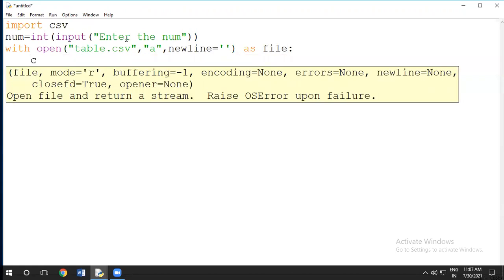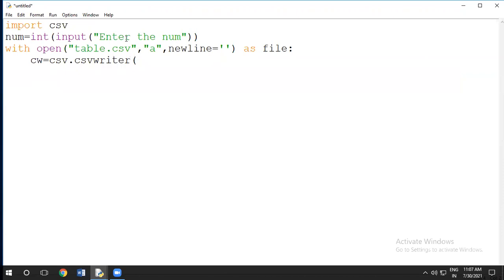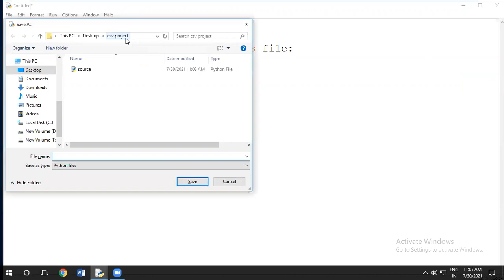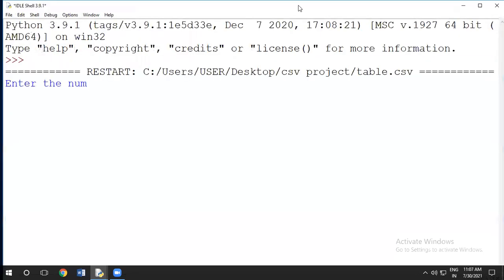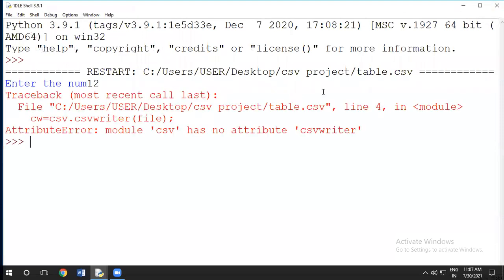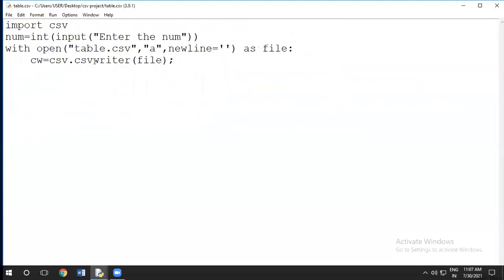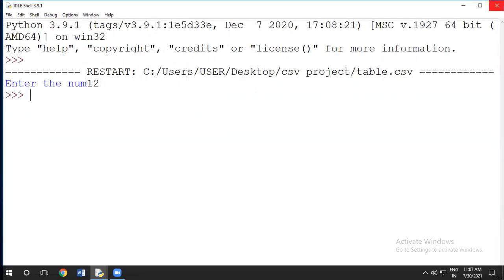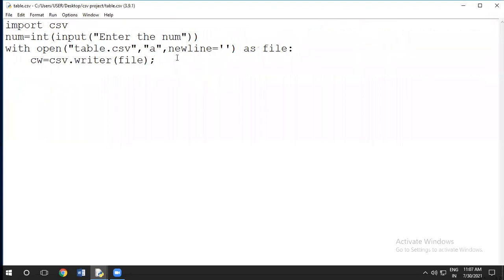Then here I have to create a writer equal to csv.writer. In that I will pass the file. Oh, only writer we have to use, sorry. Now it is working. Clear?